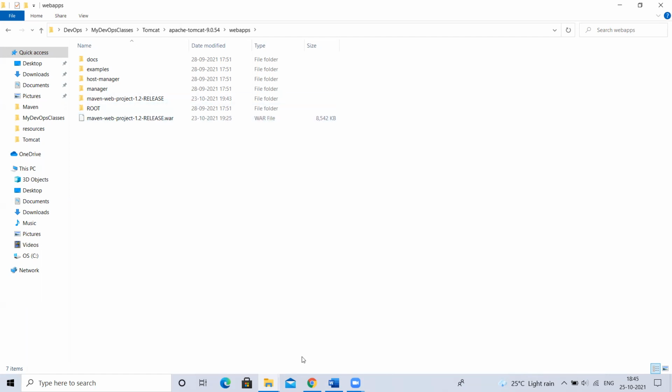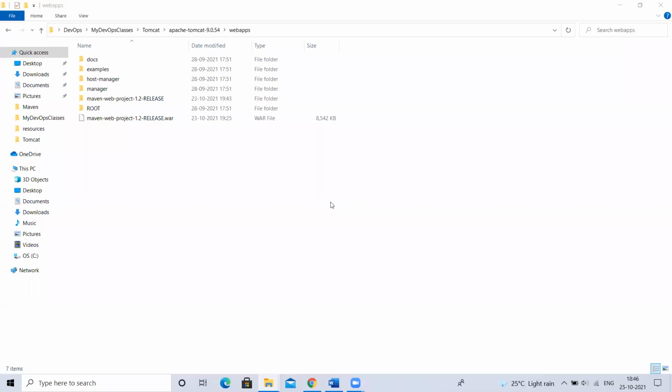So my point here is, if Tomcat is in stopped state and you deploy the application, meaning you copy an artifact there, there is no use with that, right? One more point I want to tell you here is...